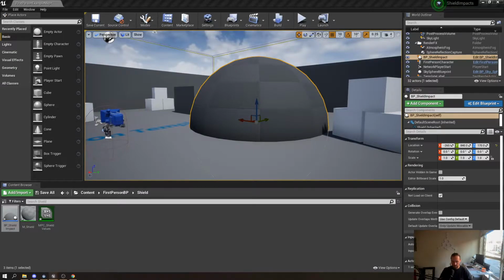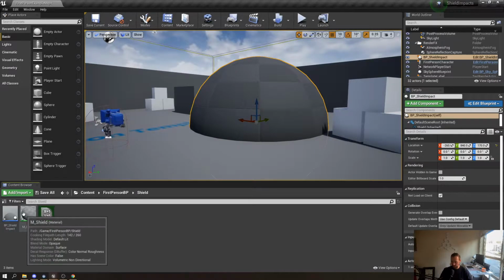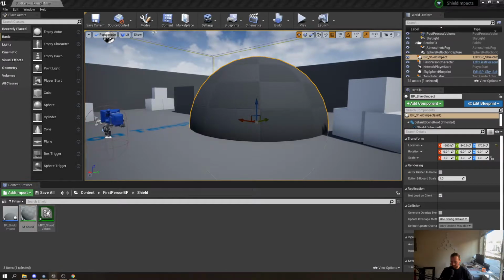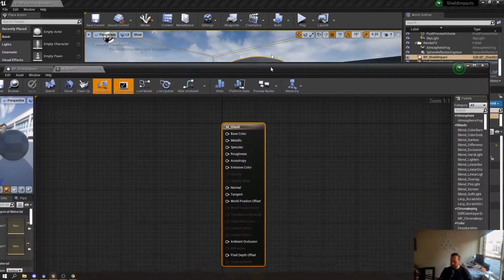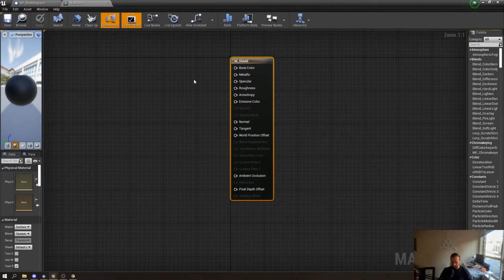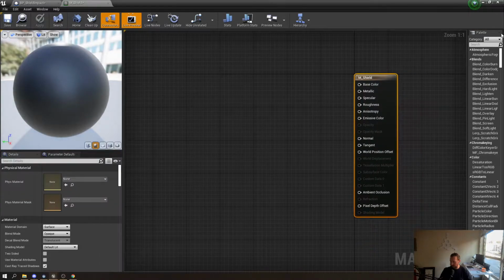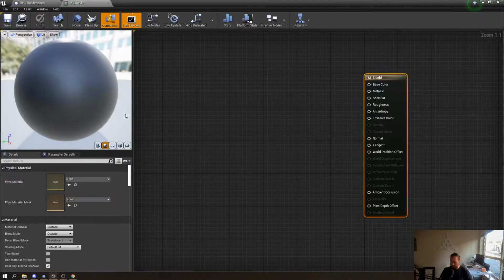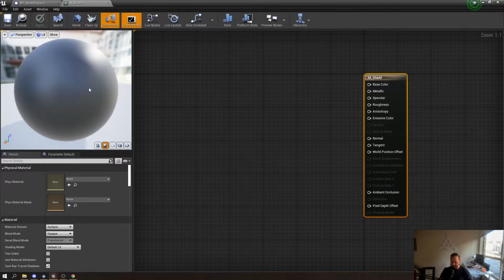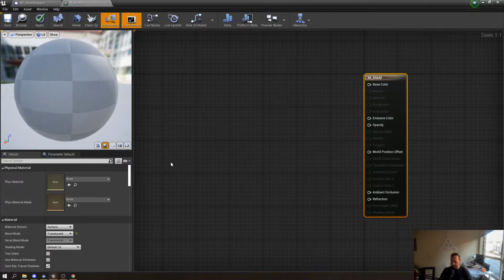So I'm going to go ahead and close down that blueprint, and then I'm going to go ahead and open up m_shield. So this material really isn't too complicated, but for starters, we're going to need to turn the material into a transparent one. I get rid of the palette when I work, but I keep this one open so you can get the default view up here. And since we're making a sphere, keep it in the sphere mode. But we're going to switch the blend mode over to translucent. That's going to get us a nice ghost-like look on it so we can see through the material,